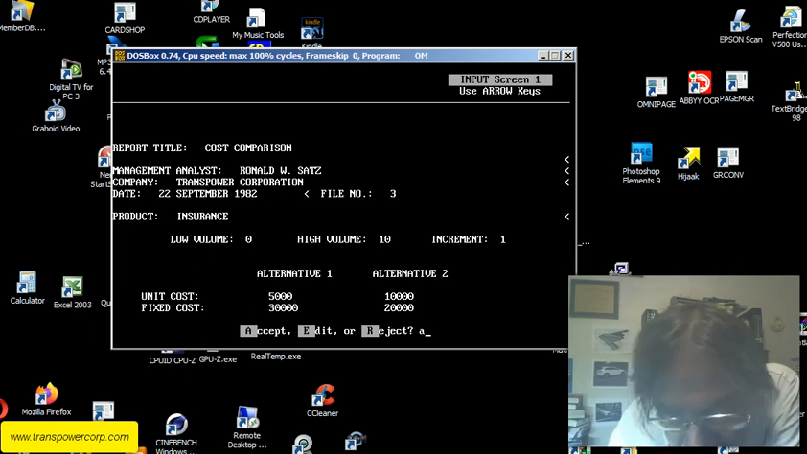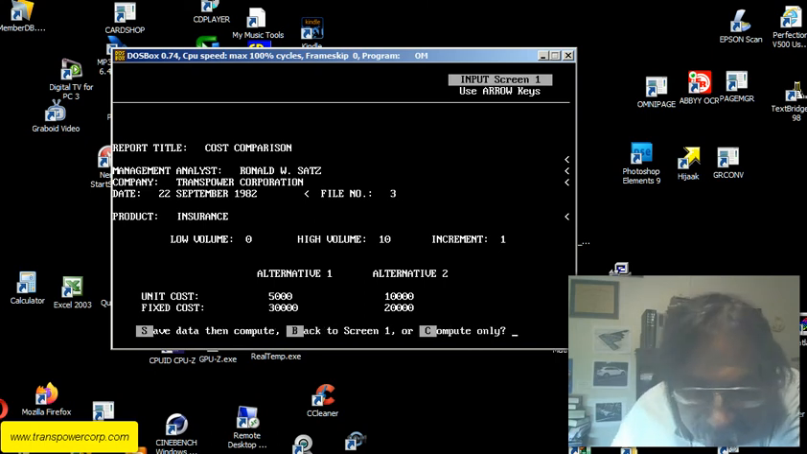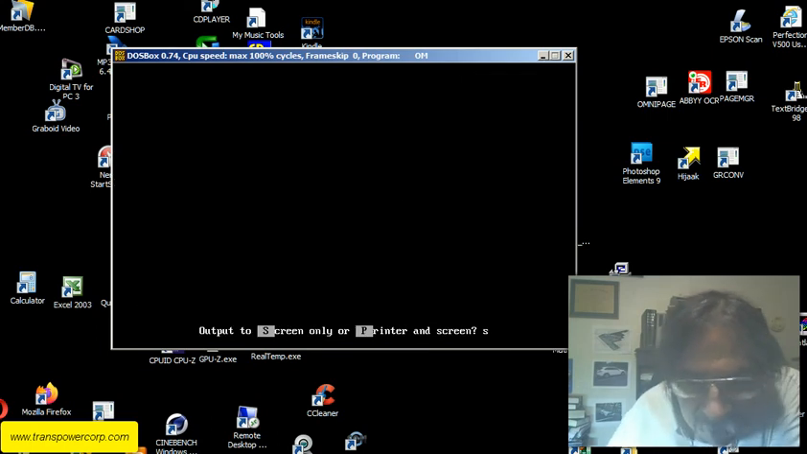Well, just before we go, just take a note that for alternative 2, the fixed cost is higher, and so is the unit cost. Well, the fixed cost of alternative 1 is higher, but the unit cost is lower. So now we'll compute. Of course, you could save your data or go back to screen 1 if you want to make a change. Screen only,